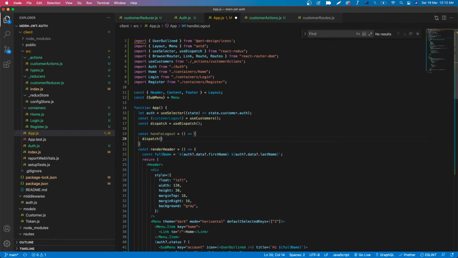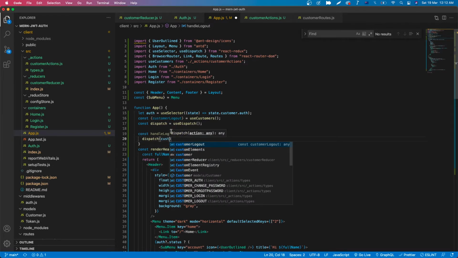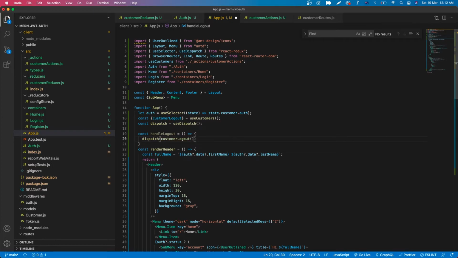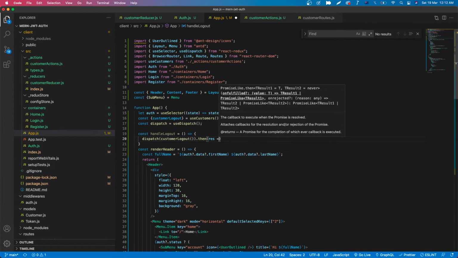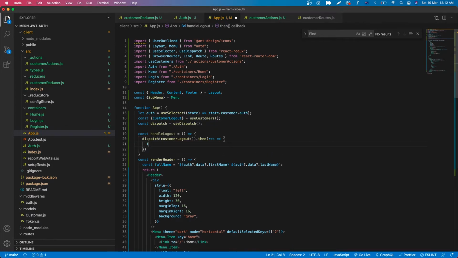Dispatch customer logout, then respond. If respond.payload.status,